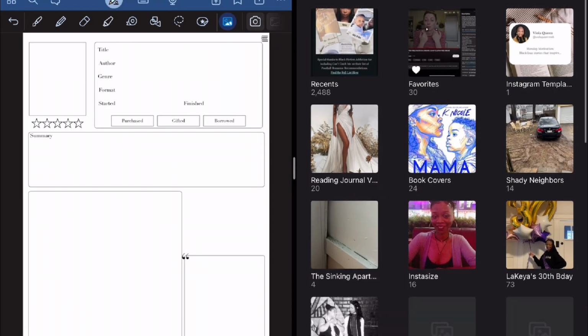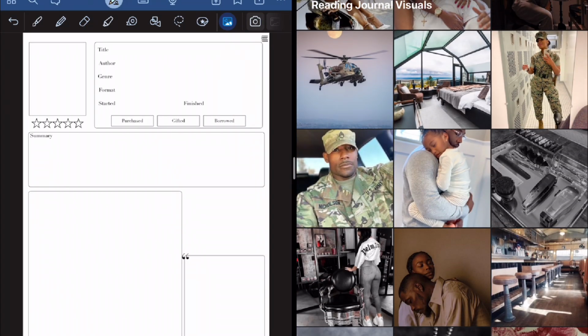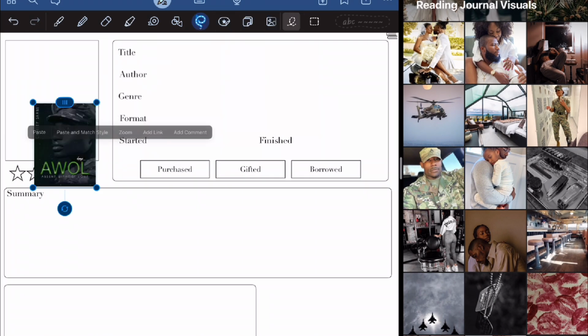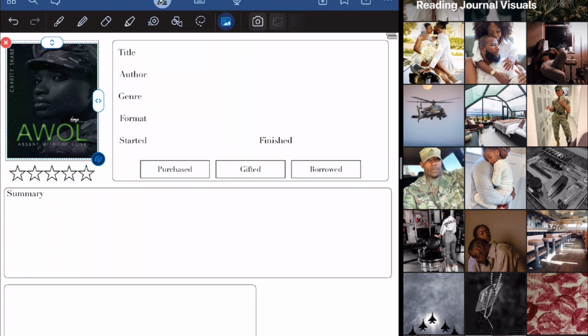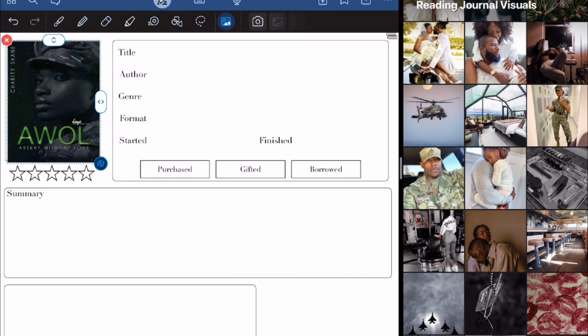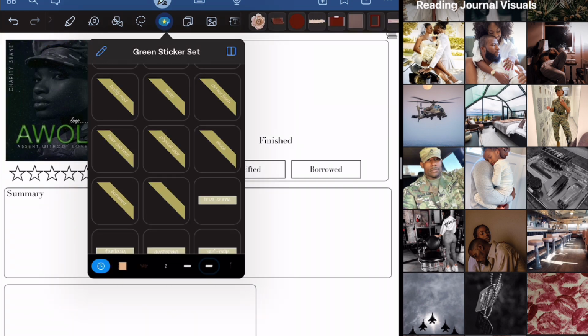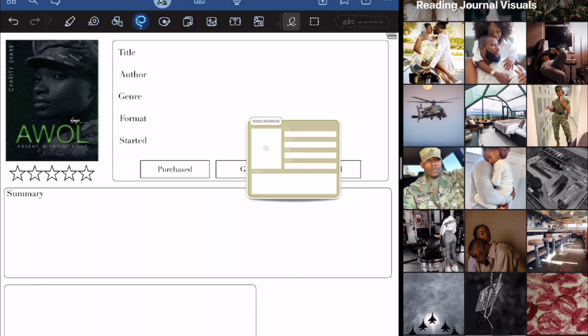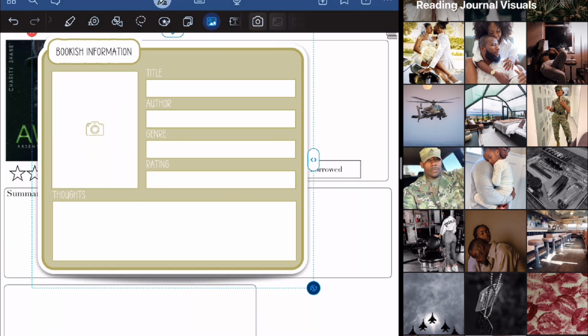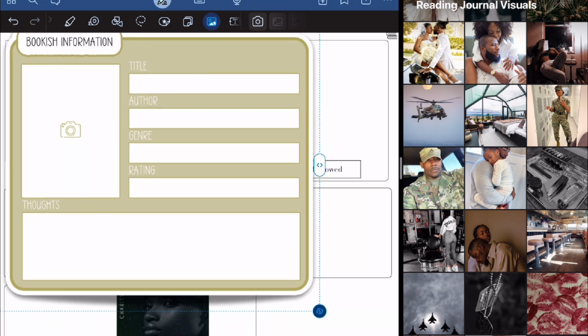So the last two ebooks I read were in my 4-star category, simply for the fact that I felt like something was missing for me. Just a little bit of something was missing for me from each of the last two ebooks that I read. So AWOL, Absent Without Love,